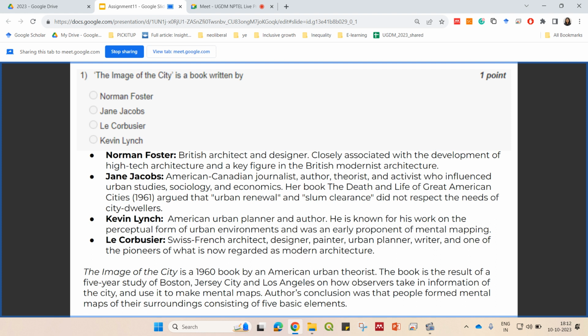So, Jane Jacobs is a very famous journalist, author, and theorist who writes mostly on urban studies, urban sociology, and urban economics. She's an American Canadian journalist, author, and theorist, and she has hugely argued that urban renewal and slum clearance do not respect the needs of the city dwellers. She has argued greatly about how urban inequalities manifest due to processes like slum clearance and urban renewal, and